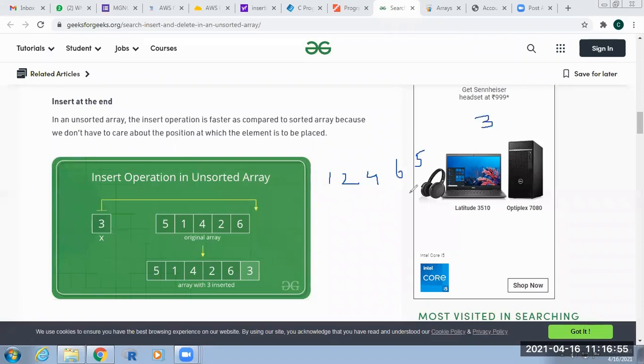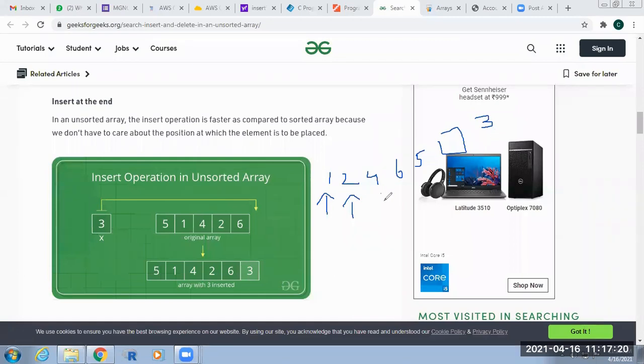So this is the sorted array, and we cannot insert the 3 at the last block because the data is sorted. Then we have to compare this element with the A of 0 element. If it is greater than that, then increment I by 1. Then compare with 3, and increment I by 1 again.